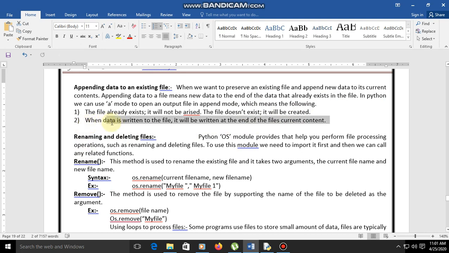And when data is written to the file, it will be written at the end of the file's current content. So if we need to add some other data, it is written at the end of the file's current content. That is appending data to an existing file.